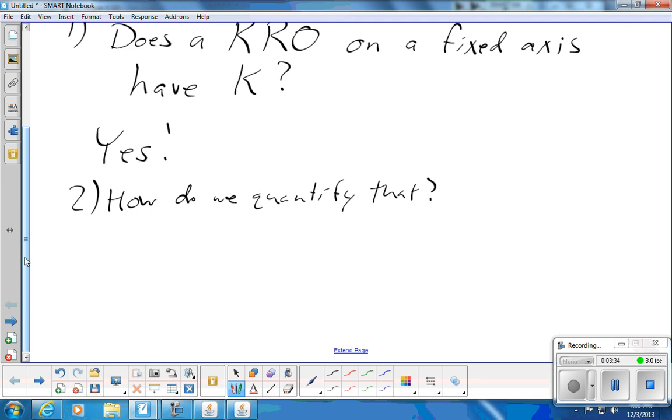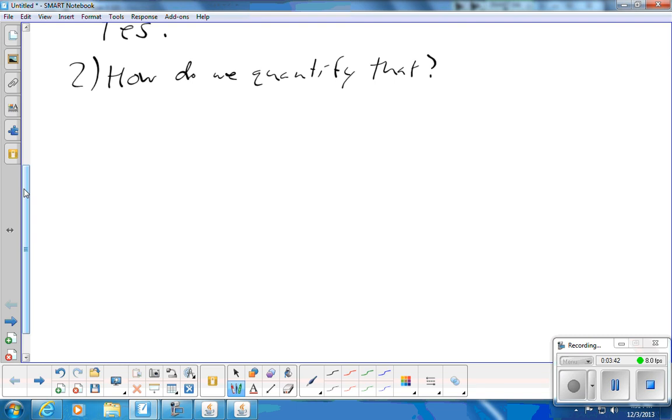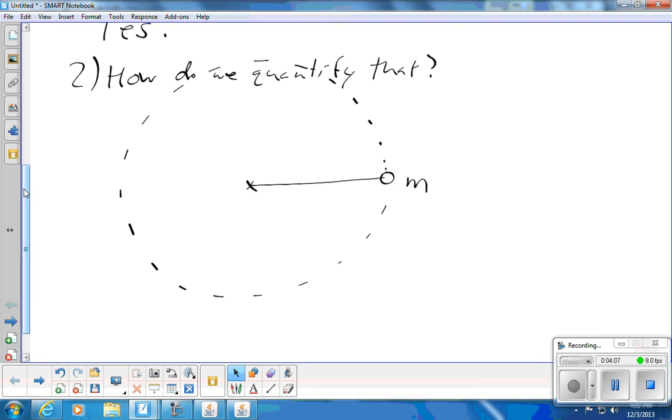And so what I'd like to do is first of all consider a simpler situation than the rotating disk. And the simplest situation, and I showed this in class today briefly, is a massless string, the best kind, fixed at one end, and at the other end is a chunk of mass m. And this has somehow been made to rotate. So this mass m is going in a circular path. And it is going at a constant speed, and I will mark that with a velocity vector,